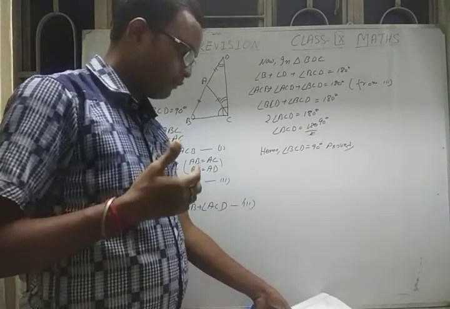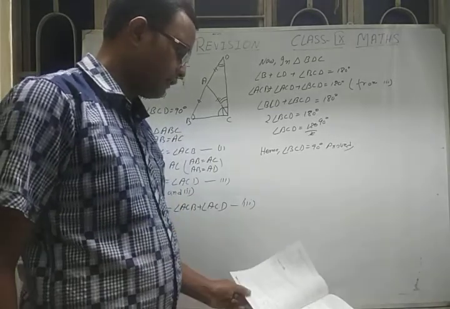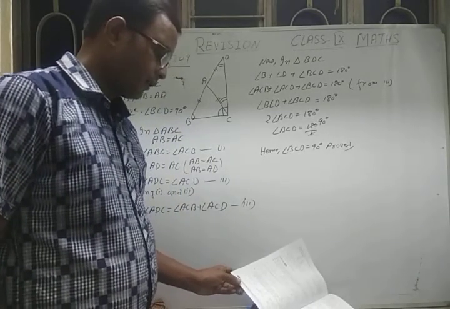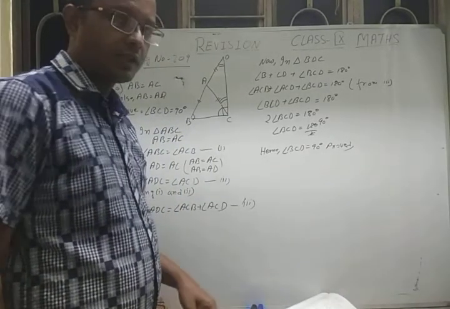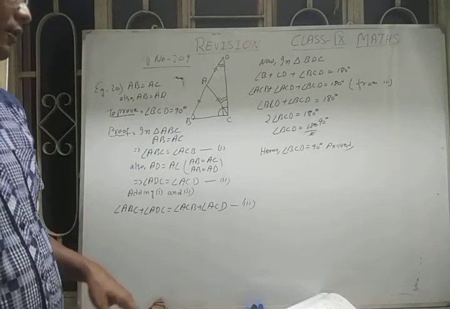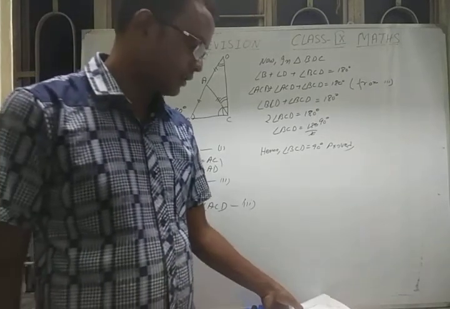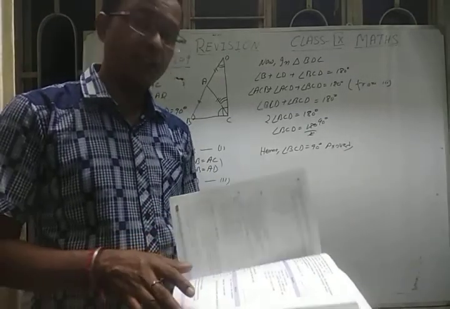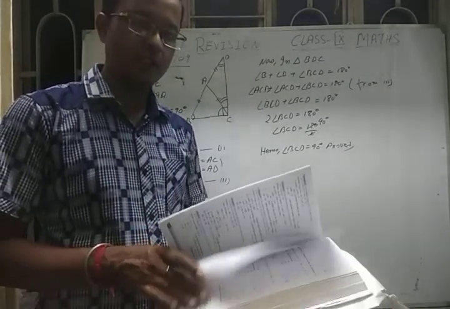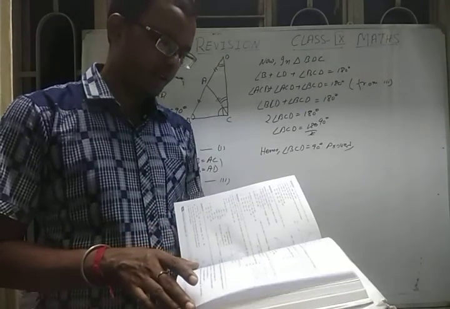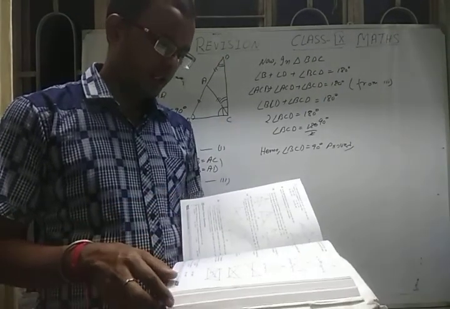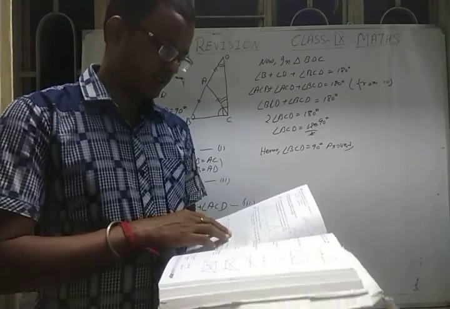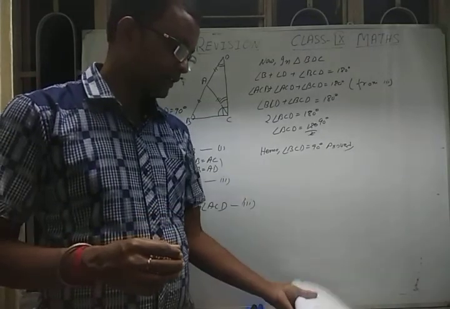So in this way you have to do the questions from isosceles triangles, a very important question. And some more important questions are there. Go through them. It's not possible to do all the questions in the revision part. So better you go through the examples also. There are so many important questions in the examples. Don't neglect them and do those questions. Okay. I hope you have understood it.